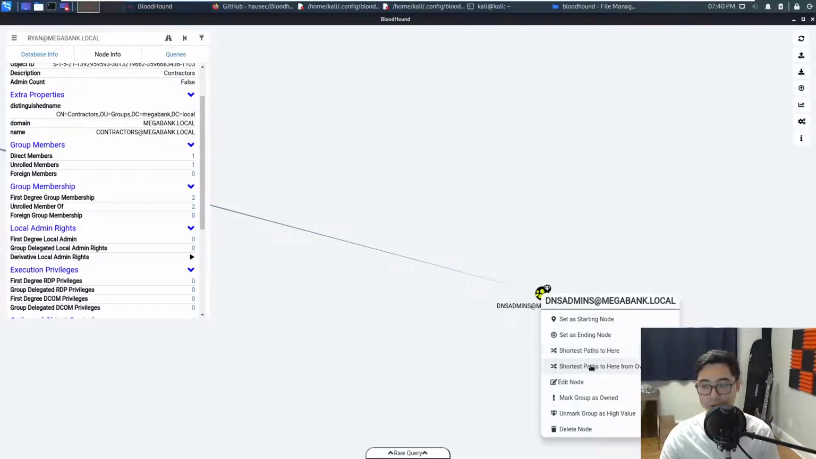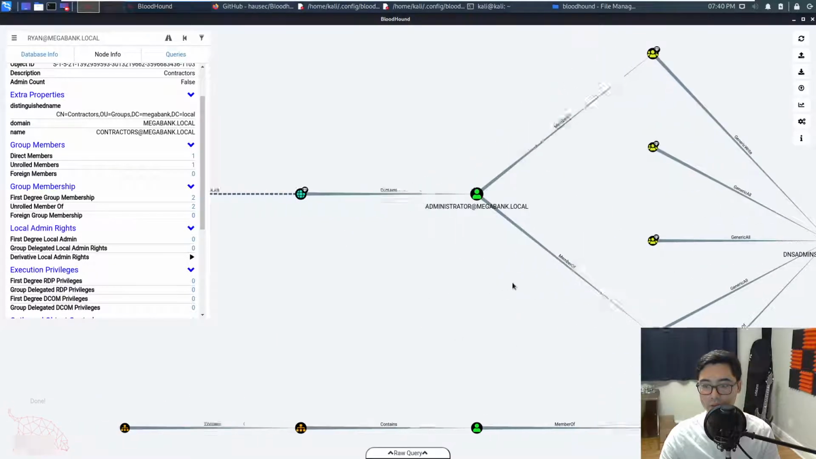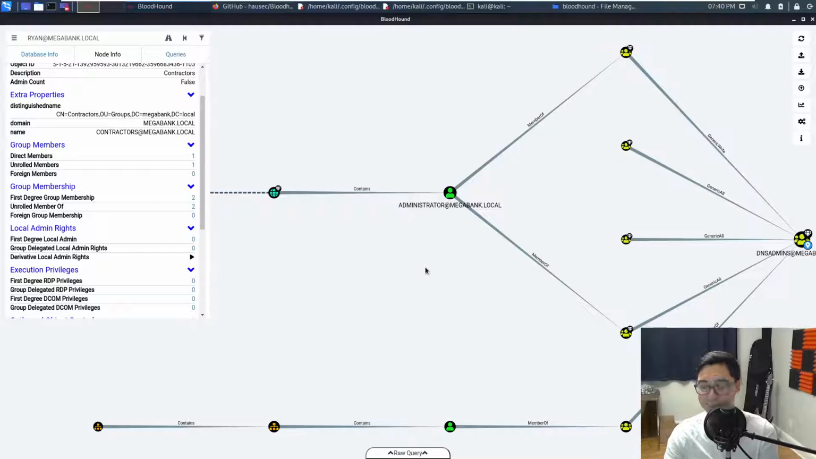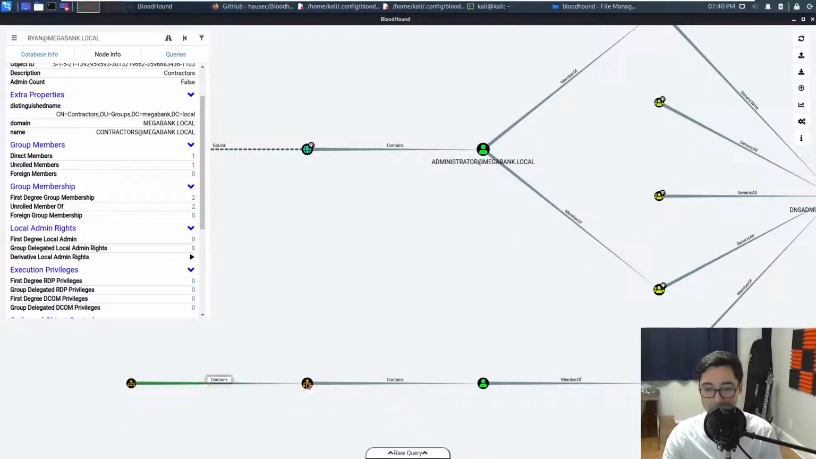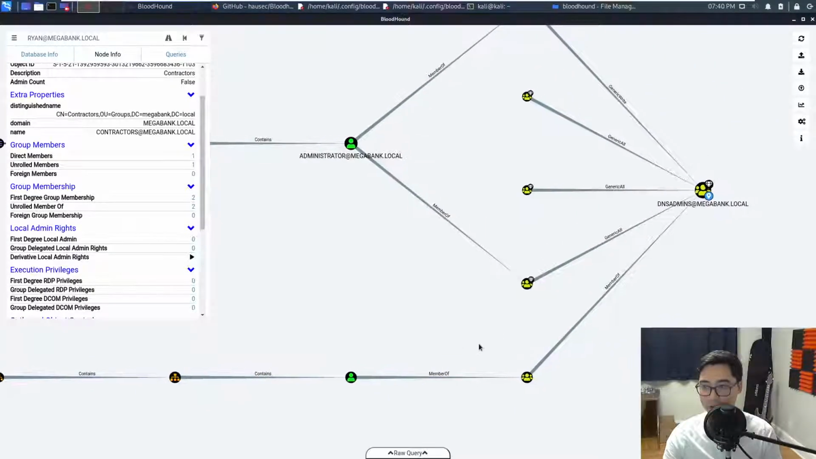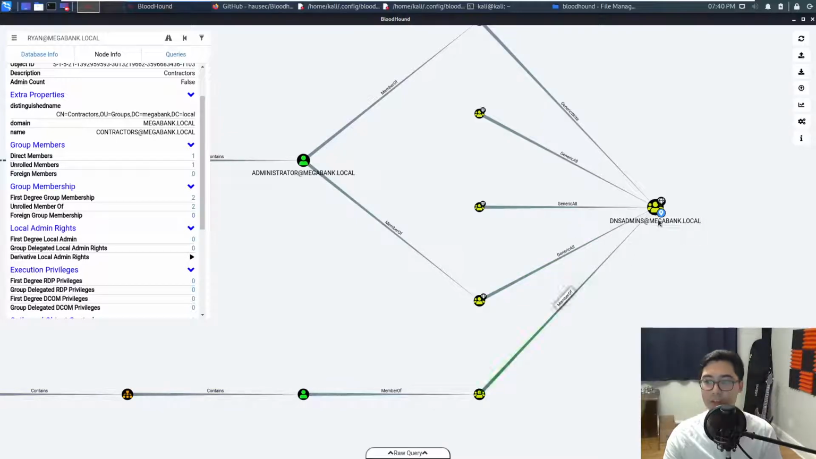And then if we go to shortest paths to here, you get this nice hierarchical path. So this is the hierarchical path I was talking about earlier that I was expecting, but for some reason it didn't render for me. So in this case we have Ryan, which happens to be a member of contractors, and contractors is a member of DNS admins. So if we were to mark this as a high value target from the get-go, we would have been able to immediately map out this path right here. So